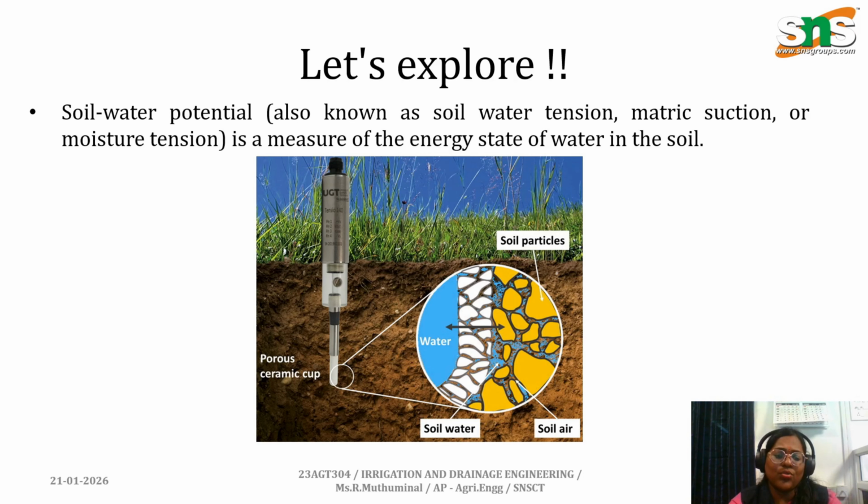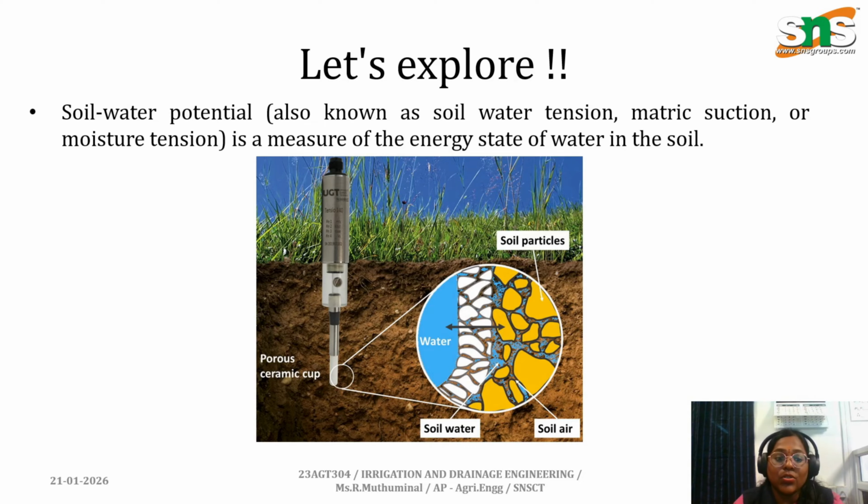Here, as I have shown in this image, it represents the tensiometer, which possesses a ceramic cup. This is available for us to identify what soil water or moisture is available, to determine whether it is useful for crop growth. Here it is subjected to several force fields including the soil matrix, dissolved solutes, gravity, and